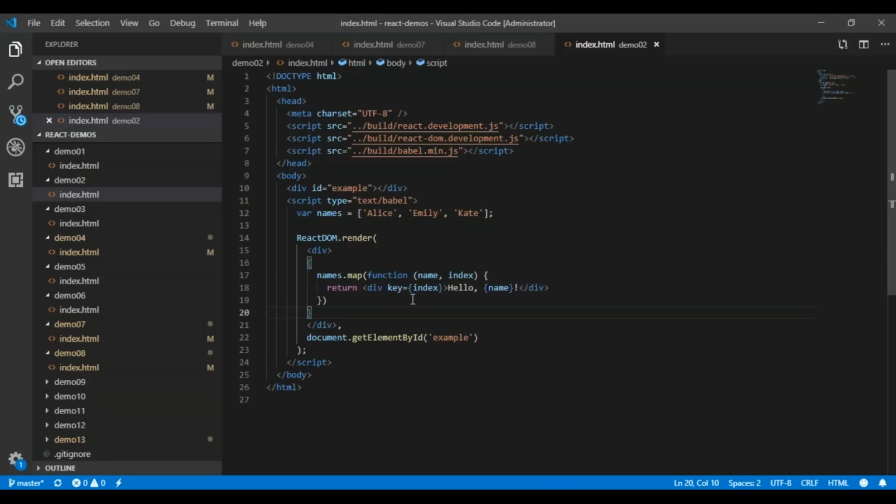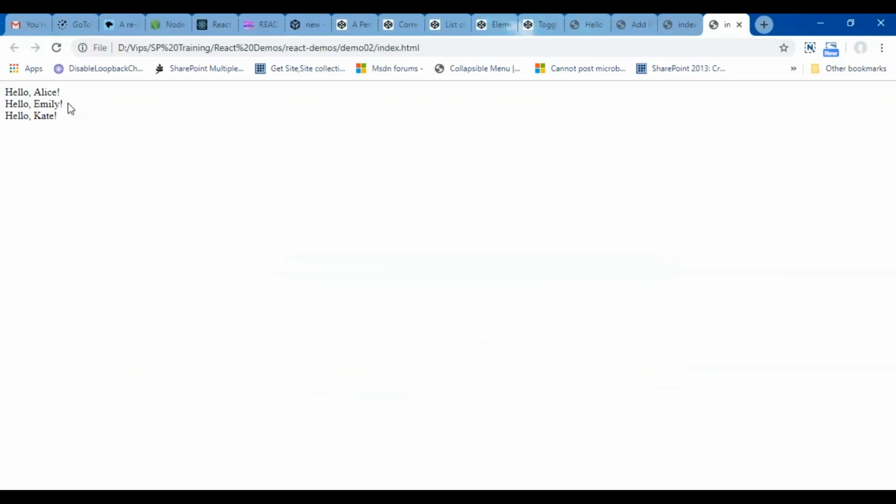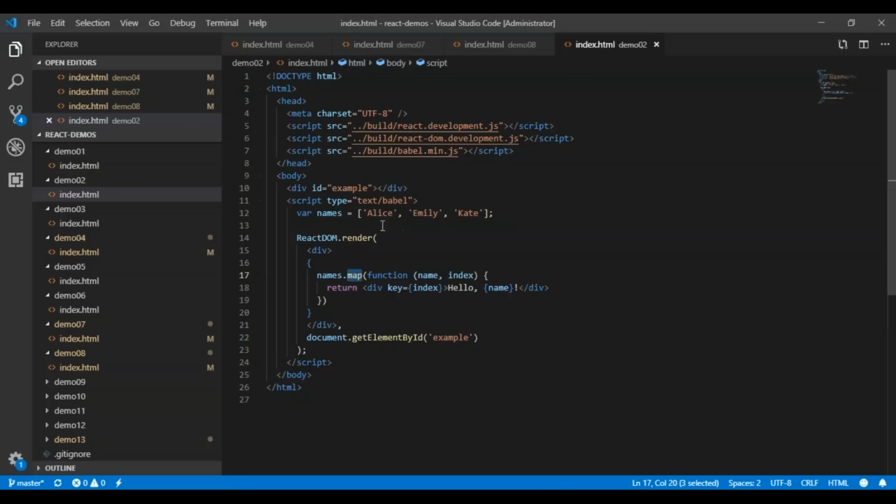The reason for this output is that I have written hello and am passing the parameter as JSX. So I'm using JavaScript and JSX and looping around the values in an array using the map method, which is an inbuilt method of the array collection. That is why this output is shown, hello Alice, hello Emily, and hello Kate, because these are the three values in my array.